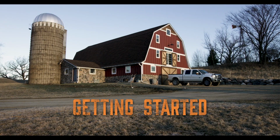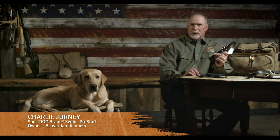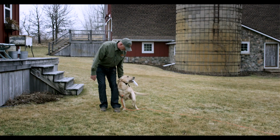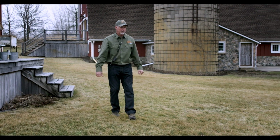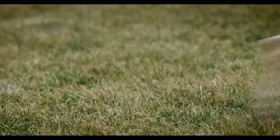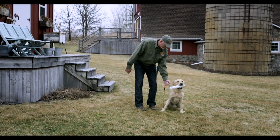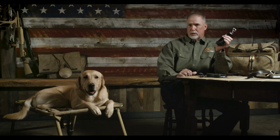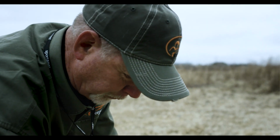For a dog trainer, an e-collar is just another tool that we can use in our program. It's going to take the place of the leash, and we will start to substitute using the e-collar in the leash's place. This cannot be used to teach while we're working with the dog. They need to be taught prior to applying the e-collar. Once they've learned their skills and they're comfortably doing their skills, then we can use this in place of the